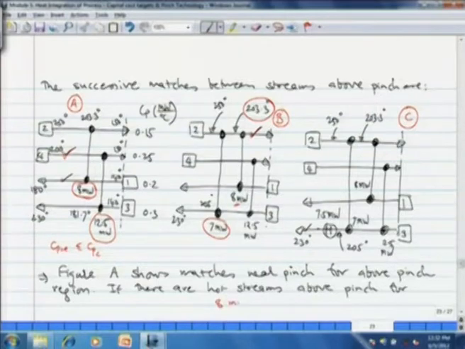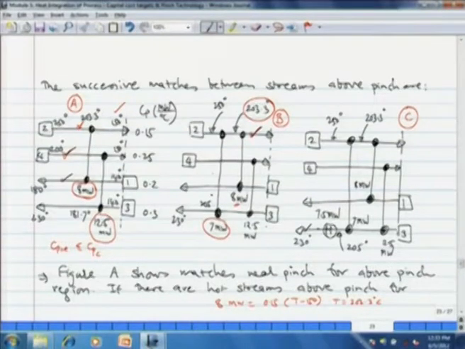8 megawatt is equal to Cp equal to 0.15, and at one end we have the temperature of stream 2, that is 150 degrees. So T minus 150, and then you can see that T is equal to 203.3 degrees centigrade. So that is the temperature of stream 2 when it enters the 8 megawatt heat exchanger. Now we have already ticked off 2 streams, and we have come significantly far from the pinch region. So the Cp inequality constraint is no more applicable.